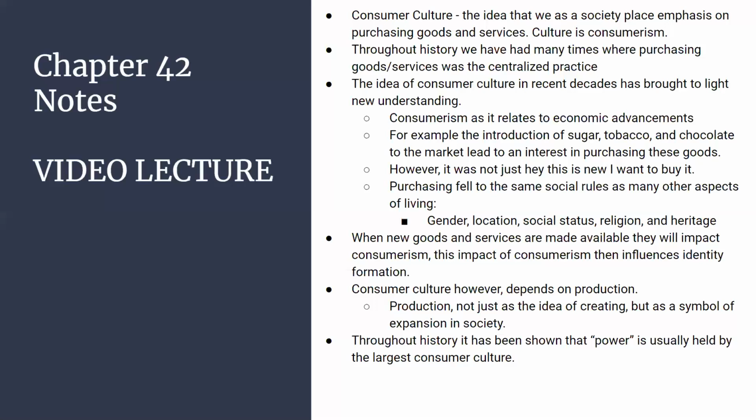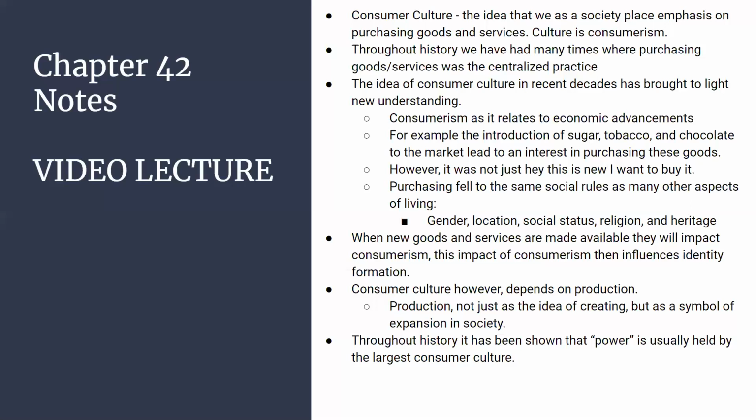Okay, so as far as consumerism and purchasing, despite a product being new, that does not always guarantee it will sell. You still have these criteria that you have to account for. In targeting your audience, you need to make sure that you understand these rules that are going to govern who's going to purchase your consumable good and why. And so, when these goods and services are made available and the producers have considered the social rules of purchasing,